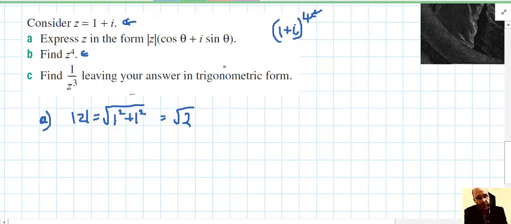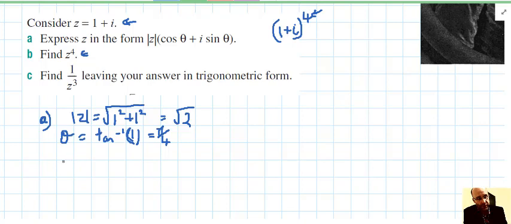So now we need to find the argument theta. It's in the first quadrant, so this one's hunky-dory. We have inverse tan of 1 over 1, which is inverse tan of 1, and we got 45 degrees or pi on 4 radians. Now, because radians are way cooler than degrees, I'm going for radians. Radians work better if you do things like calculus as well, so I'm going for radians, the more logical angular